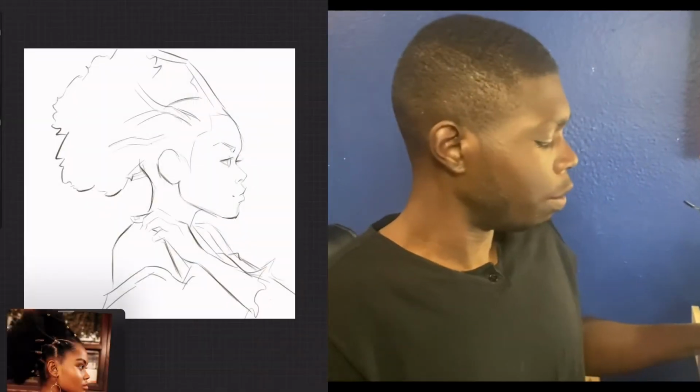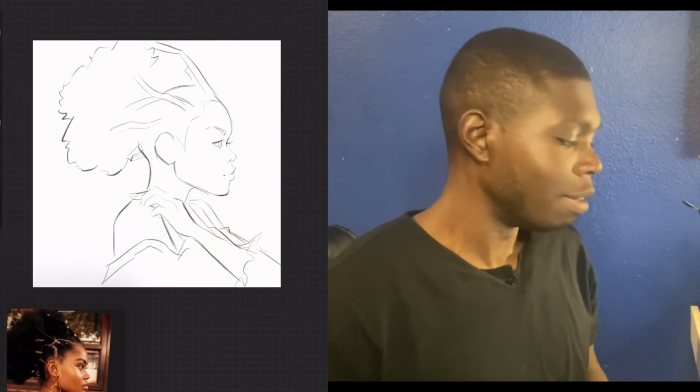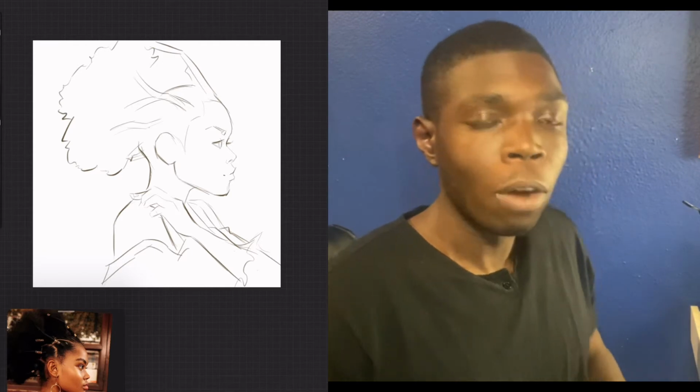Oh, man. All you have to do is break down the reference into simple shapes, and let me show you what that means. Okay, so here is the drawing, and what do I mean by simplifying and breaking down this drawing into different shapes? Well, I've already